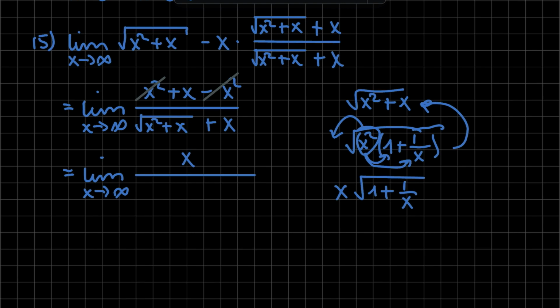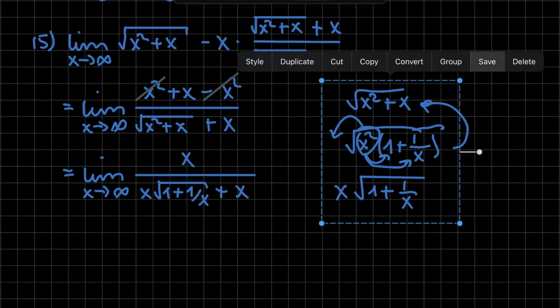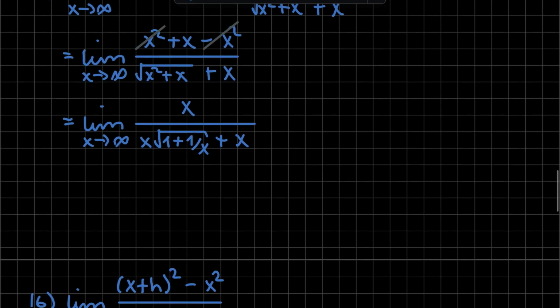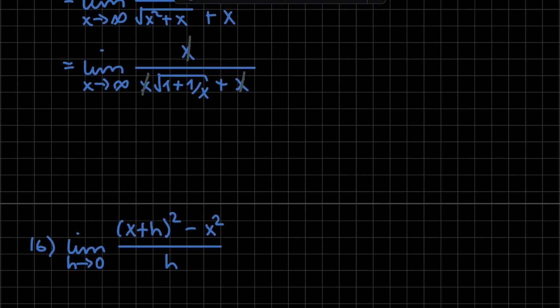So I'm going to write that over here, x times the square root of 1 plus 1 over x. And then outside of the square root, we still have this plus x over here. So I'm going to delete this now. Okay, and now we can simplify the x's. So get rid of this x, get rid of this x, and of course this x. We have to divide the whole denominator by x. So we divide this term by x, but also this term by x. So then what we have left over is